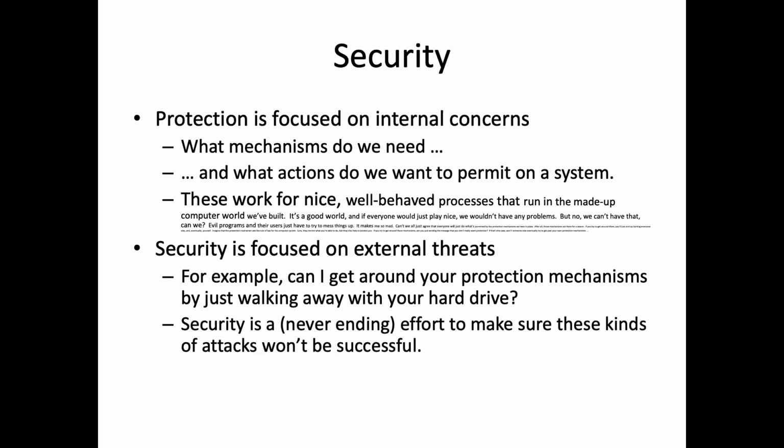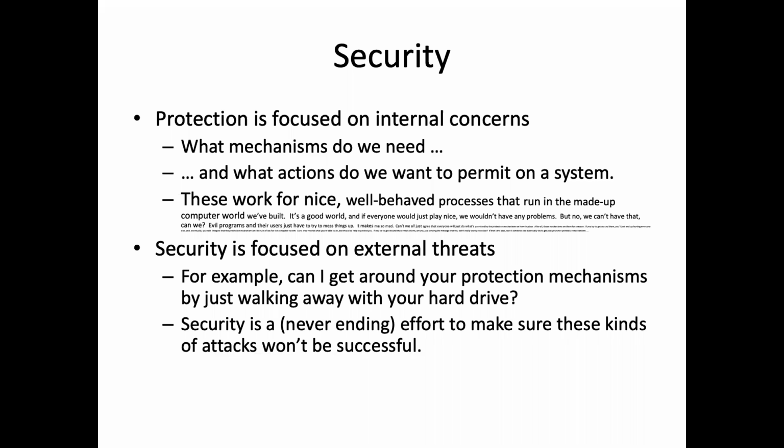So an obvious comparison would be, if you're worried about protection mechanisms, you can say what processes can and can't read particular files. And if you do that right, you can be assured that processes won't be able to access files that they shouldn't. But an external attacker could potentially walk up to your computer system, pick it up, carry it out the door, and then access your files from another system, no matter how many protection mechanisms you've put in place. So I normally think of protection as something that you can do perfectly. You can say exactly what every process ought to be able to do, but there's kind of no end to what you might have to worry about with security.